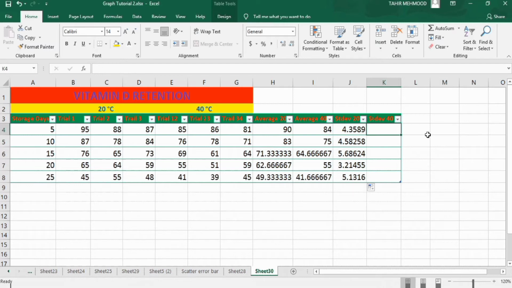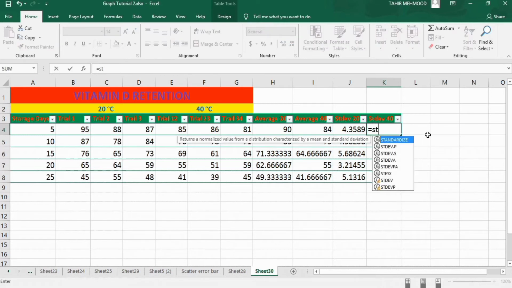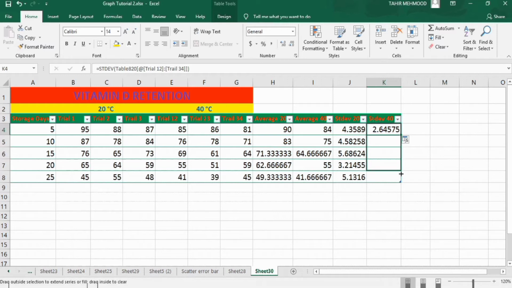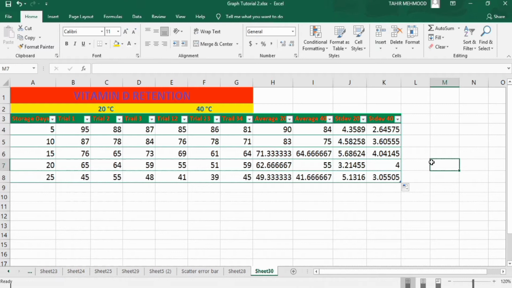Similarly, calculate these values. Write standard deviation, double click, select the range on 40 degrees centigrade, press enter and again calculate by dragging this one. Now we have calculated the average values as well as standard deviation value.